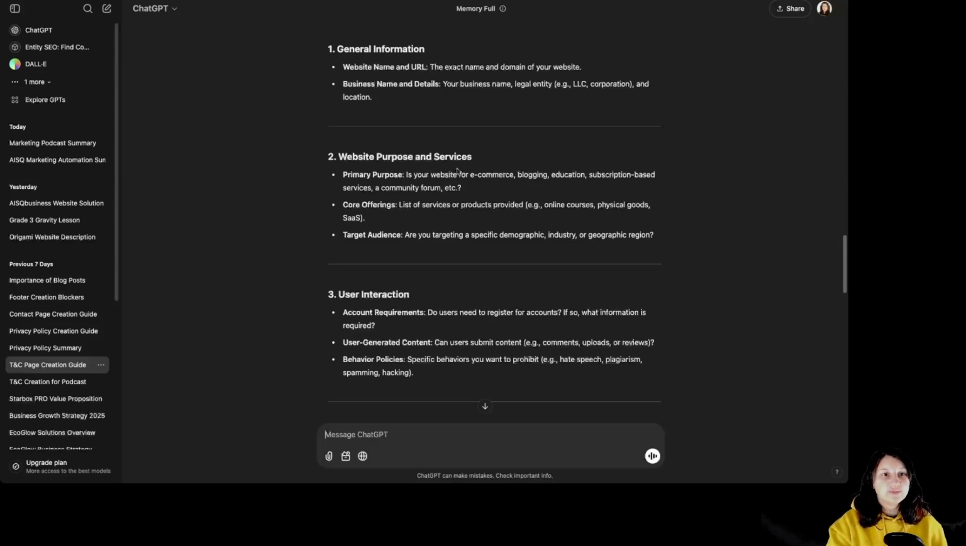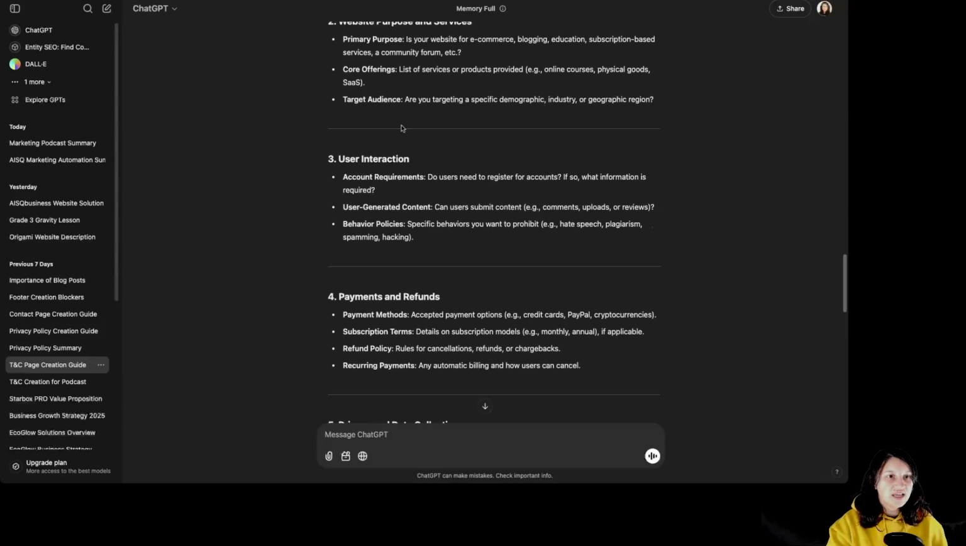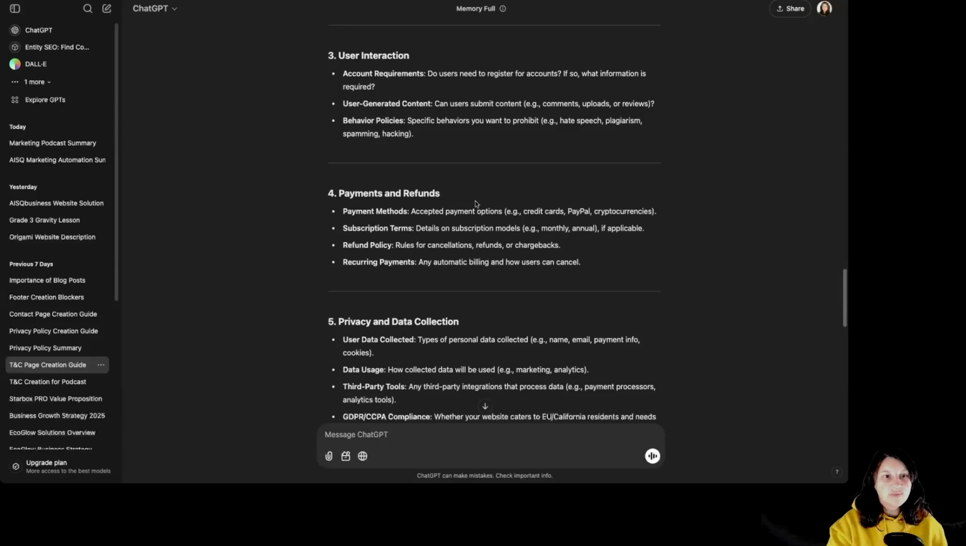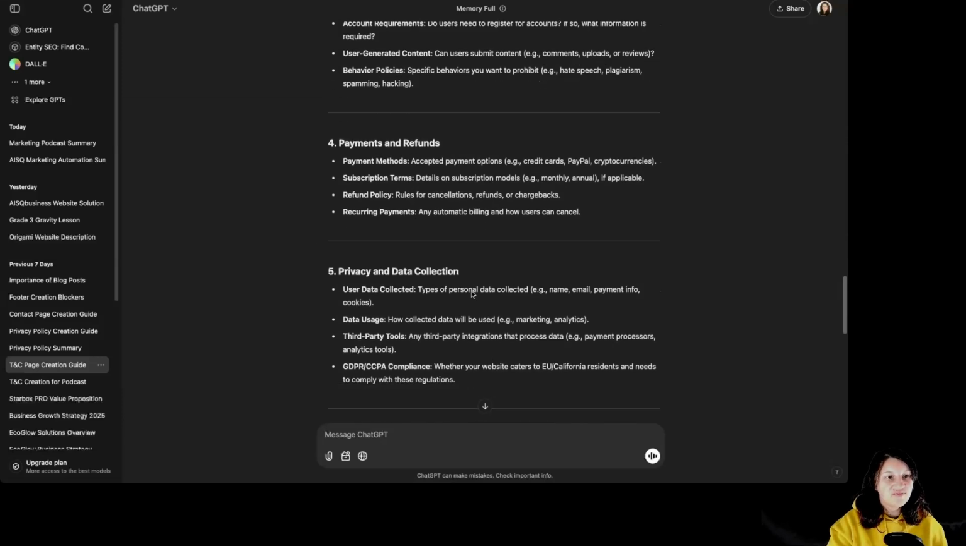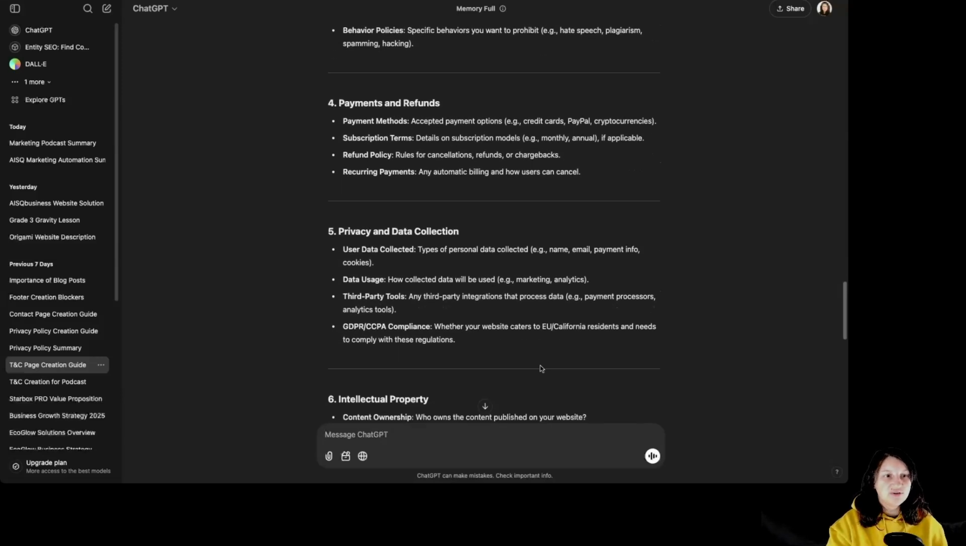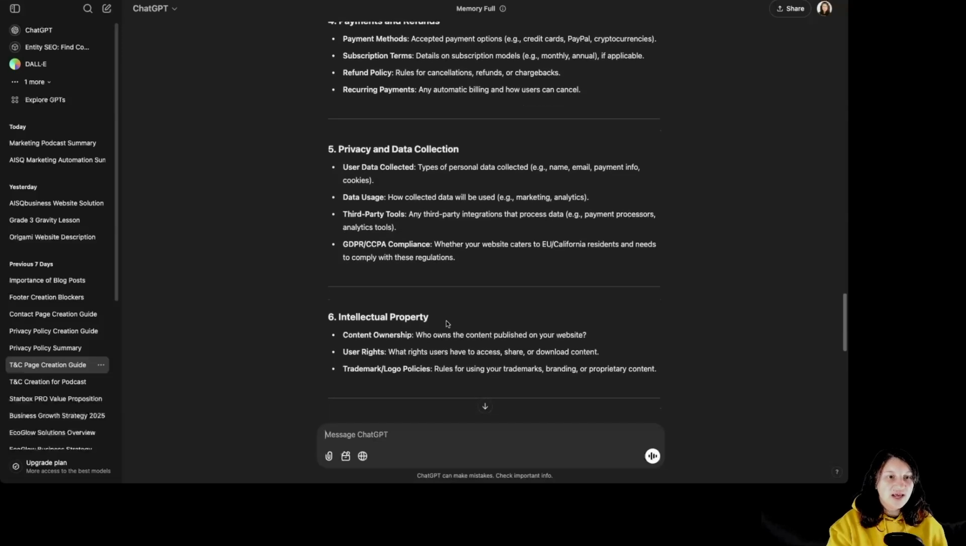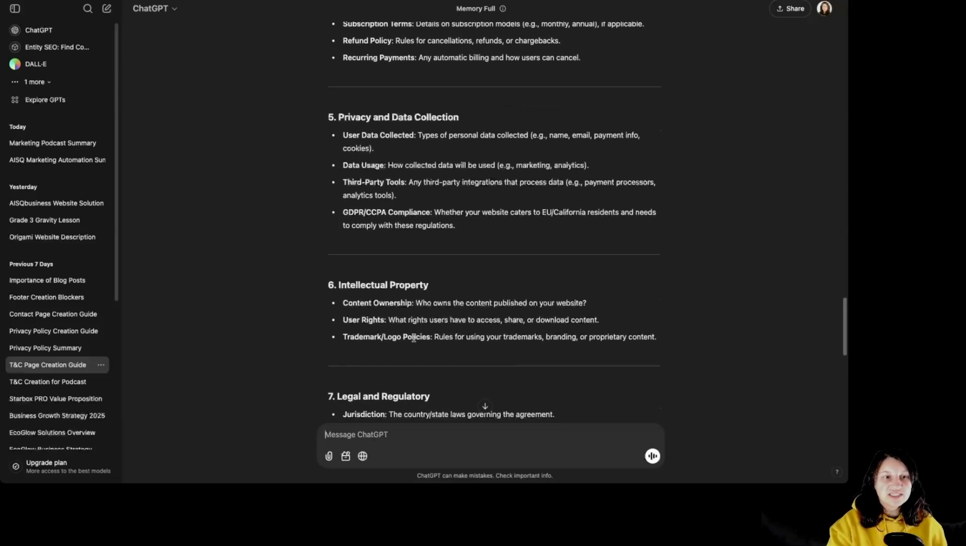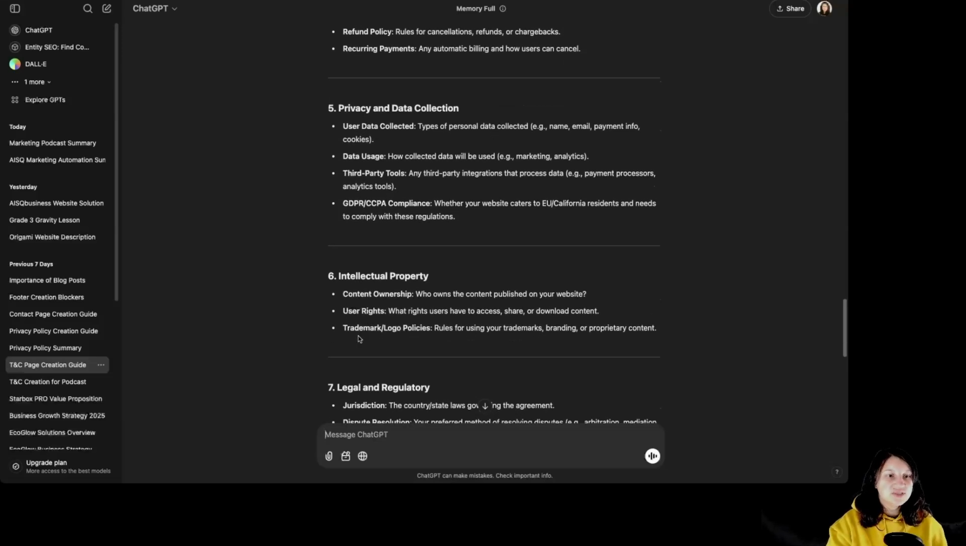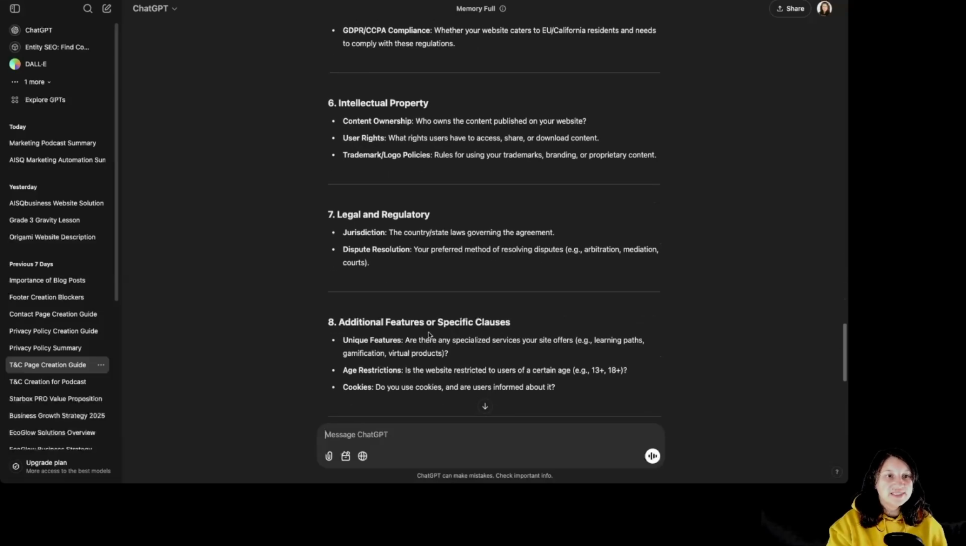and details, some website purpose and services like the primary purpose, the core offerings, the target audience, the user interaction, account requirements, user generated content, behavior policies, payments and refunds if you're selling something, privacy and data collection like user data collected, data usage, third-party tools, GDPR and CCPA compliances, intellectual property, content ownership, user rights, trademark and logo policies,